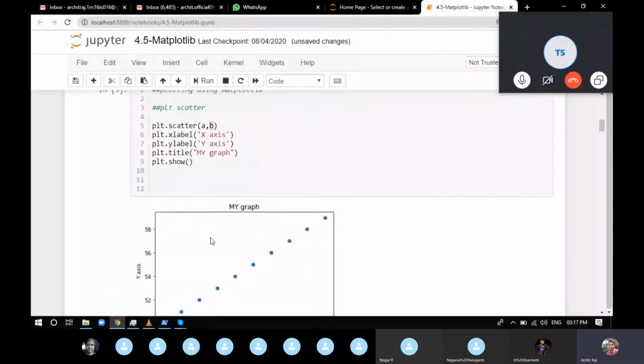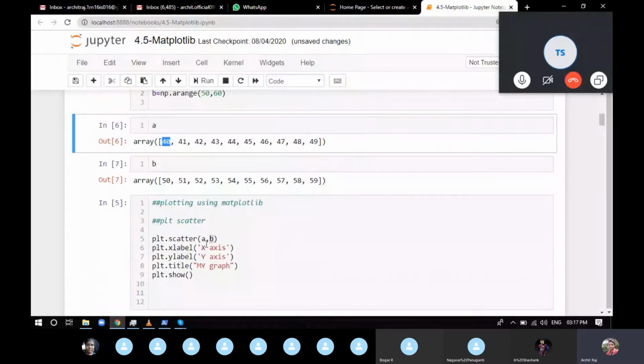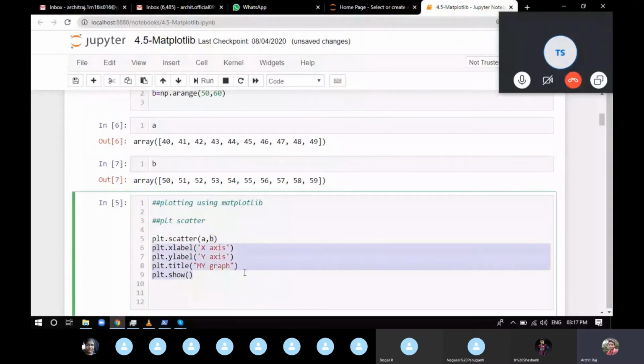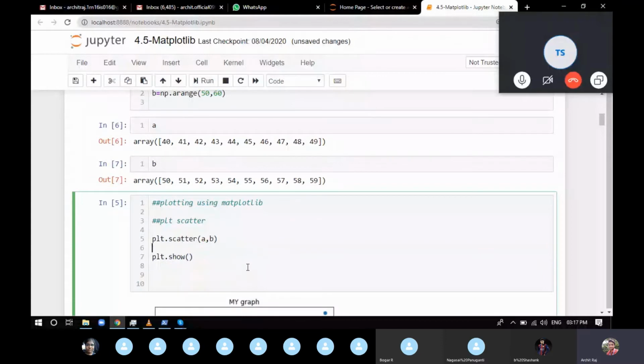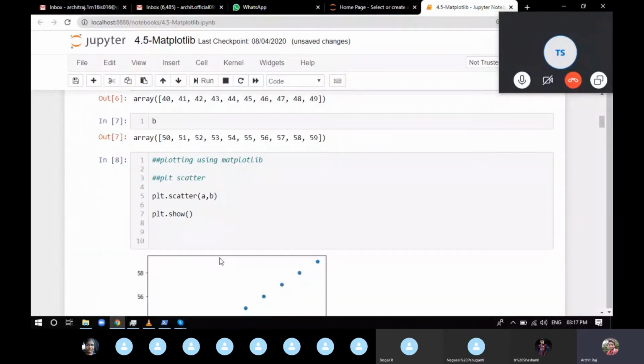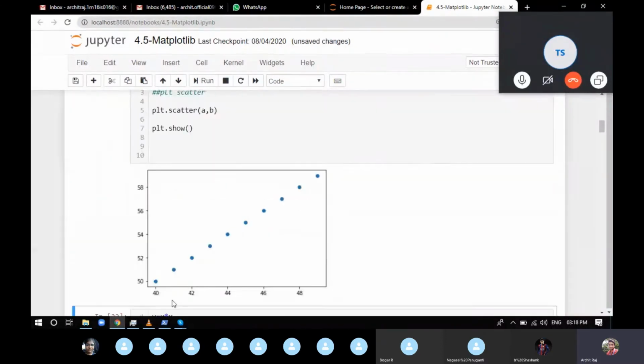But to make a graph more informative, like what is the x-axis, what is the y-axis, and what is the name of the graph, we use some attributes: xlabel, ylabel, and title. xlabel is for the name of the x-axis, and we can give anything here.